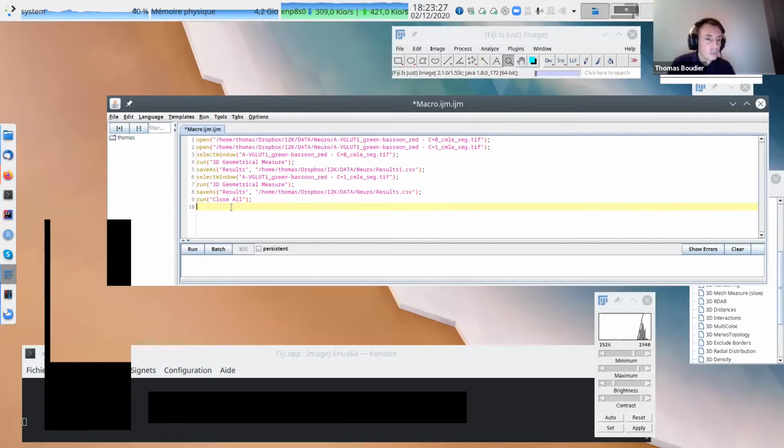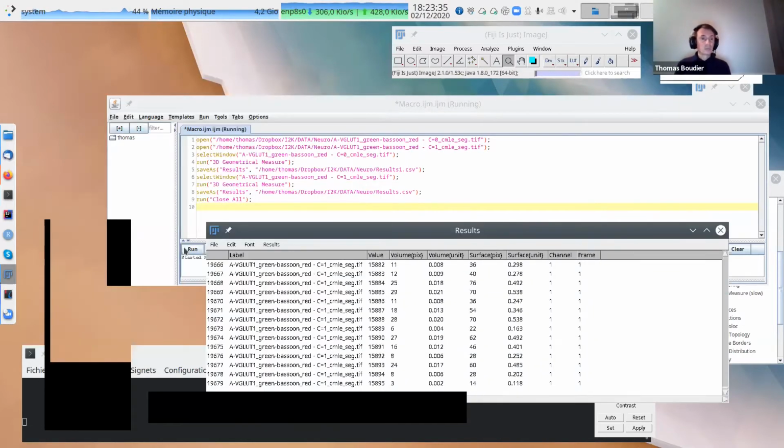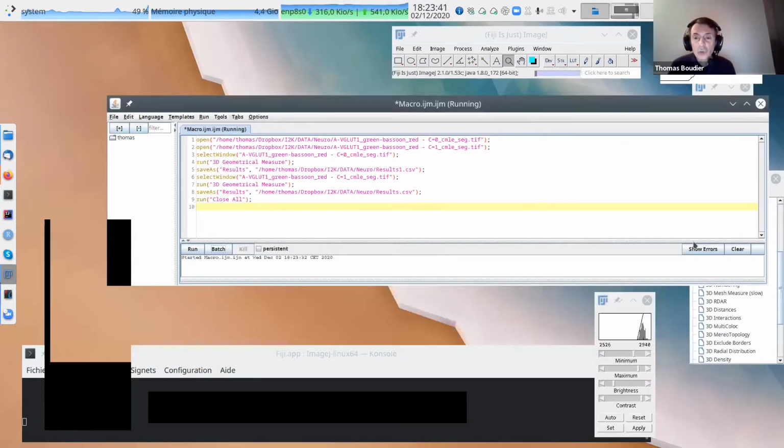So I can just run this thing. Okay, let's do it. It will open the two images, do the measurement, save, close the image. Okay, done. So it's quite good. Usually you don't want to measure always the same image, right? You want to do measurement on other images.